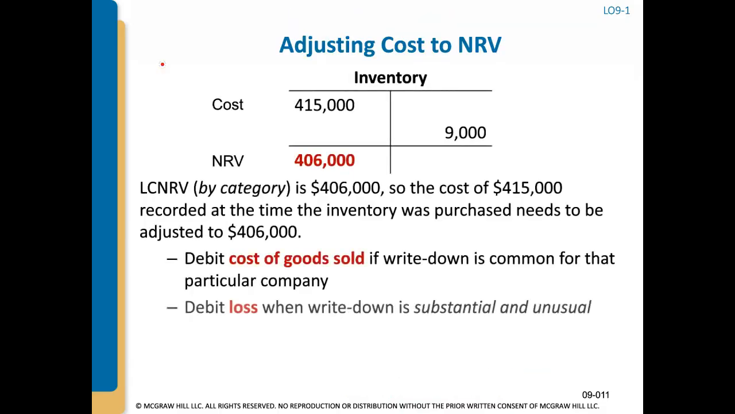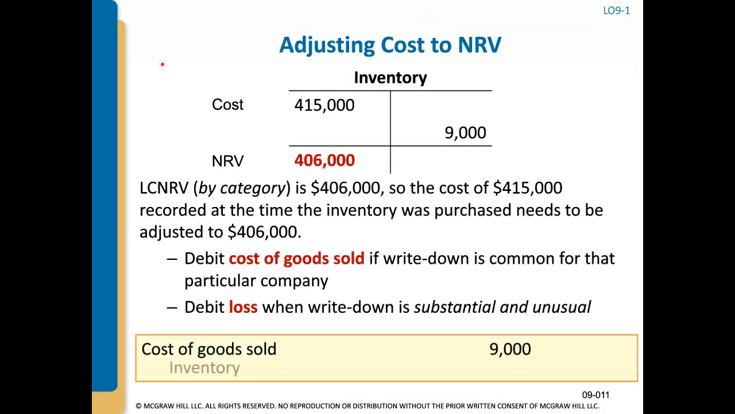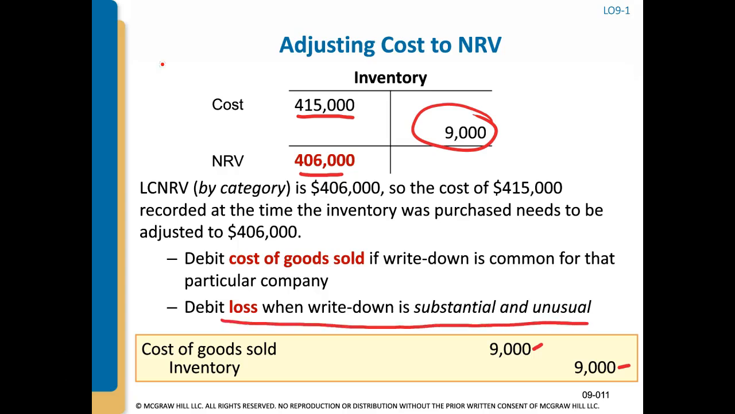And again, we're just going to look at what's the inventory in our books, which is the cost, the 415. It needs to be 406,000, so we need to reduce our inventory by 9,000, which would be a credit to inventory, and the other side is cost of goods sold, because this is not substantial or unusual. If it is, again, we write it down to a loss